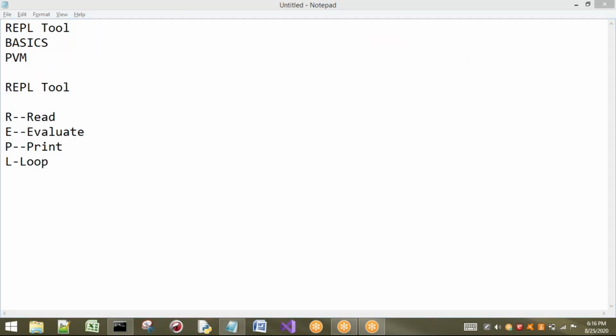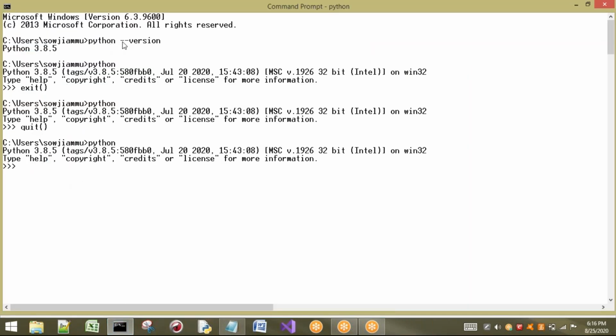Next, if you want to get the version of our Python, you can go to your command prompt. There just type python hyphen hyphen version. You are going to get your Python version. My version is 3.8.5. If you are using some earlier versions, you will get those version numbers. Next, if I want to quit from the Python shell, I can use exit or quit or Control D. So to exit the shell in the command prompt, I can use the exit or quit functions. These are some of the basics you have to know before going to do a program.